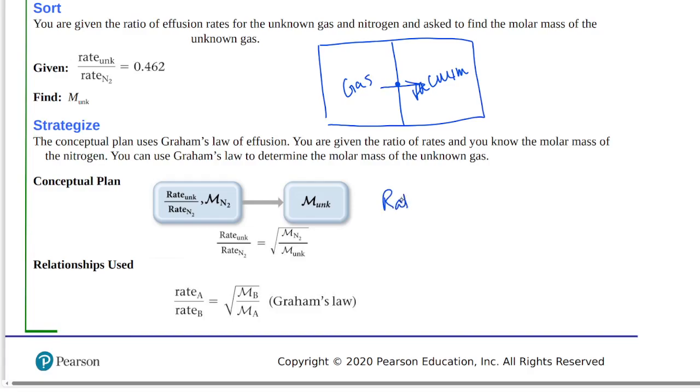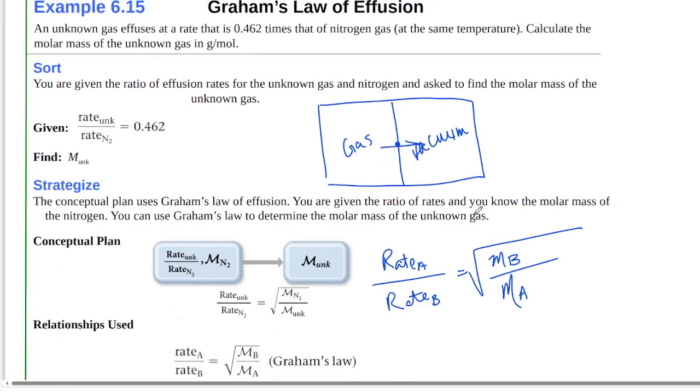The rate of effusion of gas A to the rate of effusion of gas B is equal to the square root of the molar mass of gas B to the molar mass of gas A. In other words, the rate of effusion for each gas is inversely proportional to the square root of the molar mass. Okay? So, reading the problem again, an unknown gas effuses at a rate that is 0.462 times that of